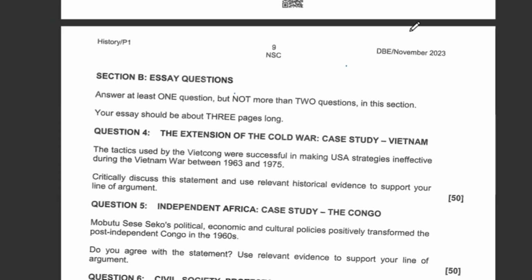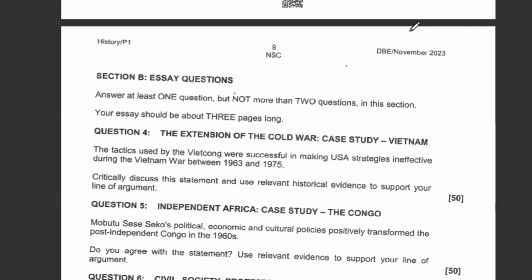Right. We go on to explain the Vietcong soldiers did not wear uniforms so that they could not be easily identified by the enemy and so that they would blend safely with the countryside. The American soldiers could not identify who the guerrillas were and who the civilians were during the Vietnam War. This gave them an upper hand when attacking the US troops. We are now referring to the non-wearing of uniforms. It gave the Vietcong an upper hand when attacking the US troops, since they could not be easily identified.